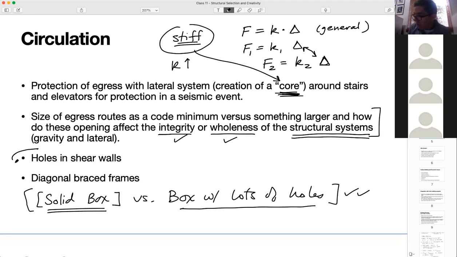So like holes in shear walls start to make shear walls not whole length shear walls. So those want to be to a minimum. Or you want to put your shear wall somewhere else where it doesn't have to have a hole in it. Same thing with diagonal braces, and sort of give a funny example,